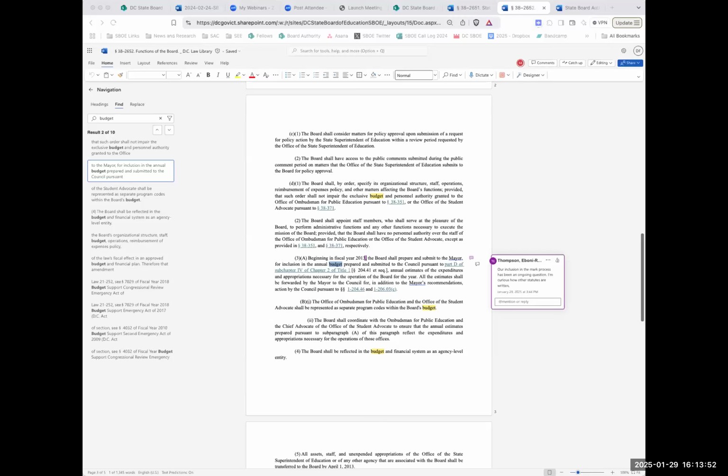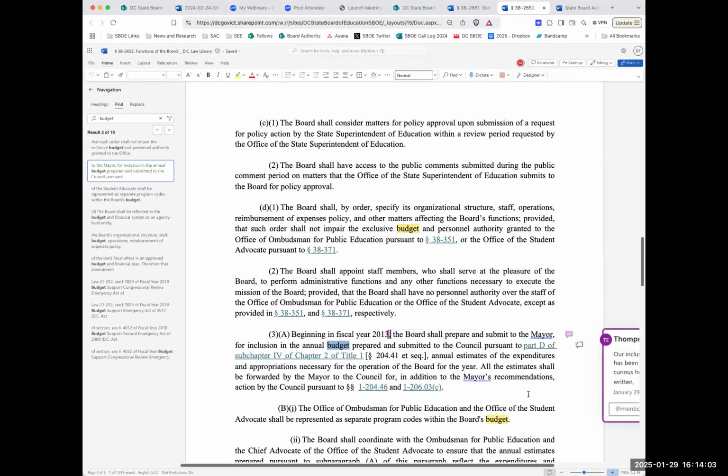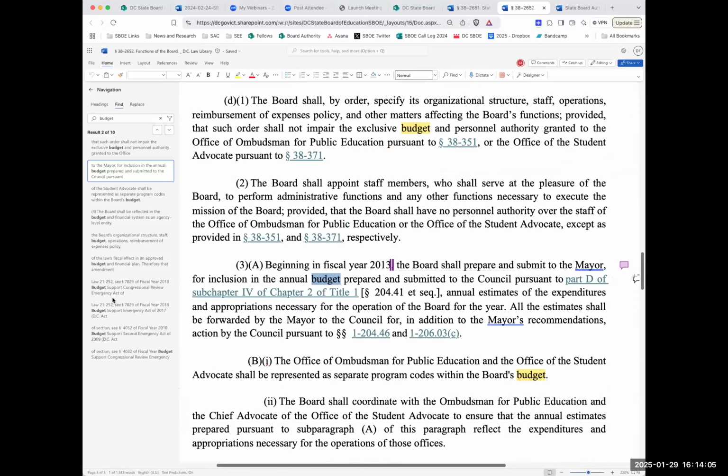And I'm not sure if this is the only place that that's referenced, and I would be curious how other independent agencies, how their statutes are phrased. So I can respond to this one too, because it was the budget director. I can explain how we handled it and how I read this, if that would be helpful, Representative Thompson.